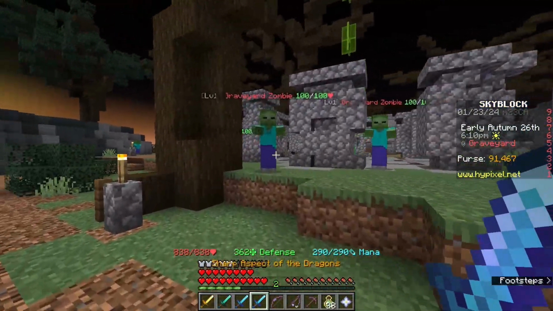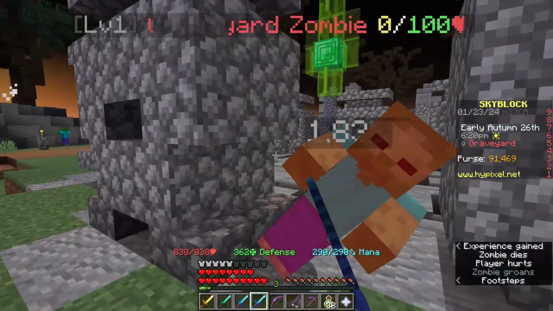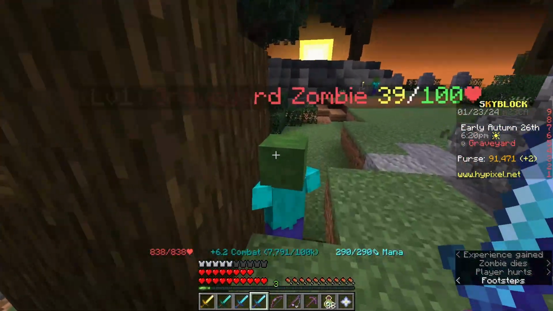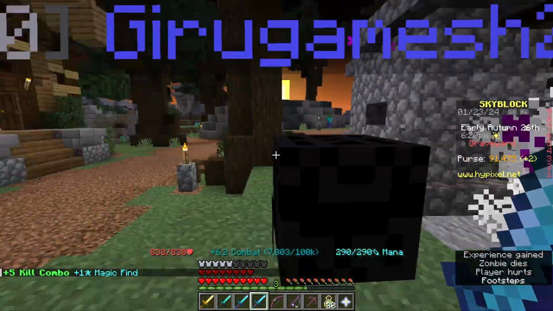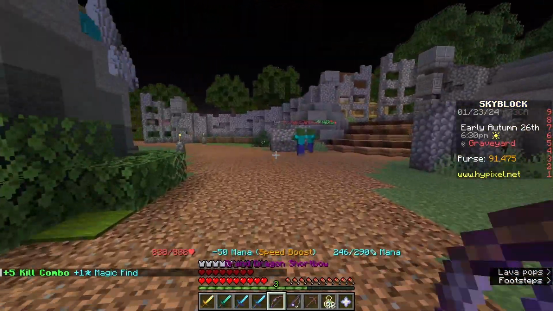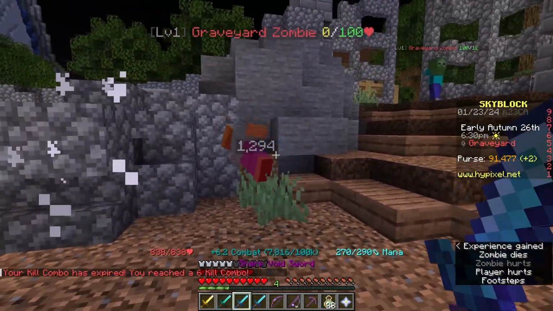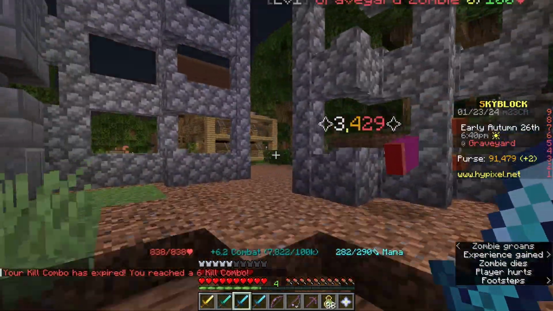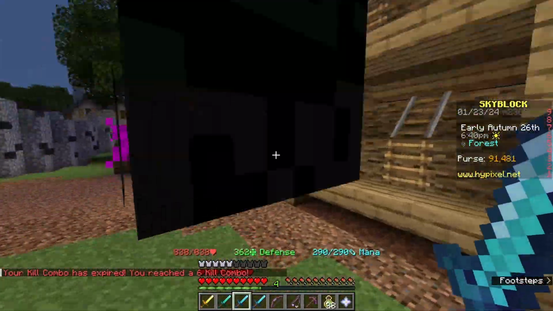Then with the aspect of the dragons we do... That's 6k. 1.8 non-crit. Okay, I'm just like trolling. And 6k with a crit. Yeah. That's like double the damage straight up. Weirdly, they kind of do similar base damage, though, with non-crit. But